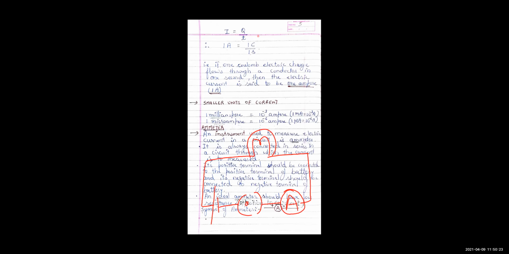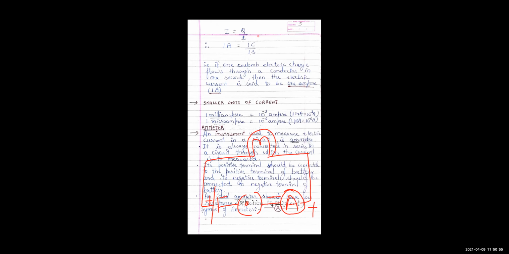You are going to see that from the positive terminal of the battery. This is the positive terminal. So the positive terminal of the battery, the wire should be connected to the positive of ammeter. So this is positive, तो ये positive यहाँ से positive के साथ connected होगा. So this has to be positive, right? Similarly, if you see here, this is the negative terminal, yes, of the cell, right? Negative should be connected to the negative. So this should be negative.